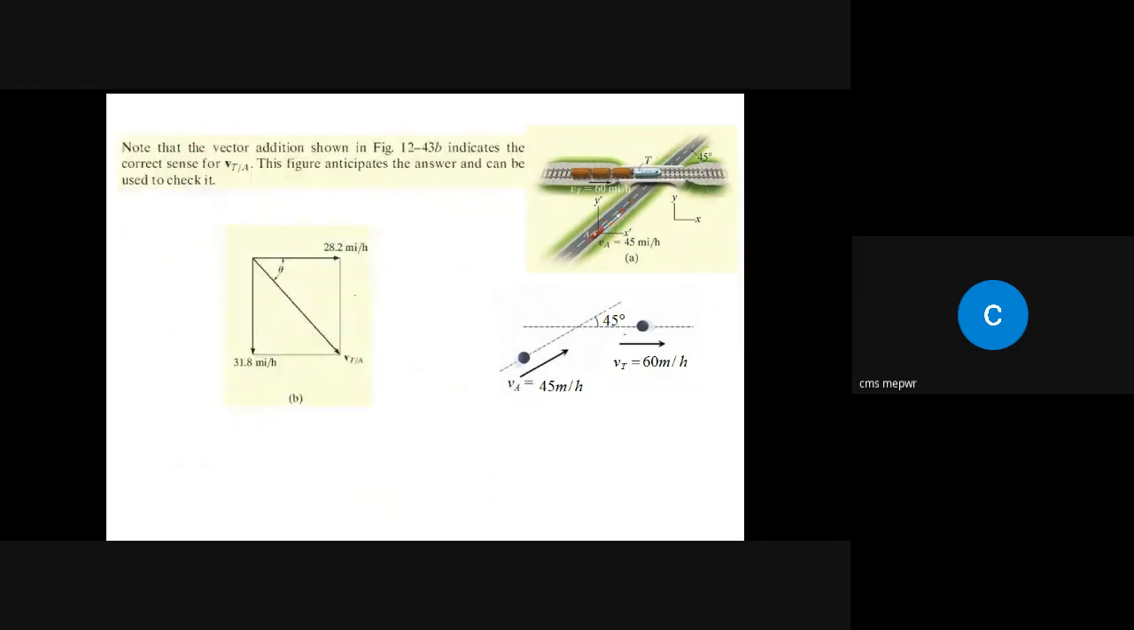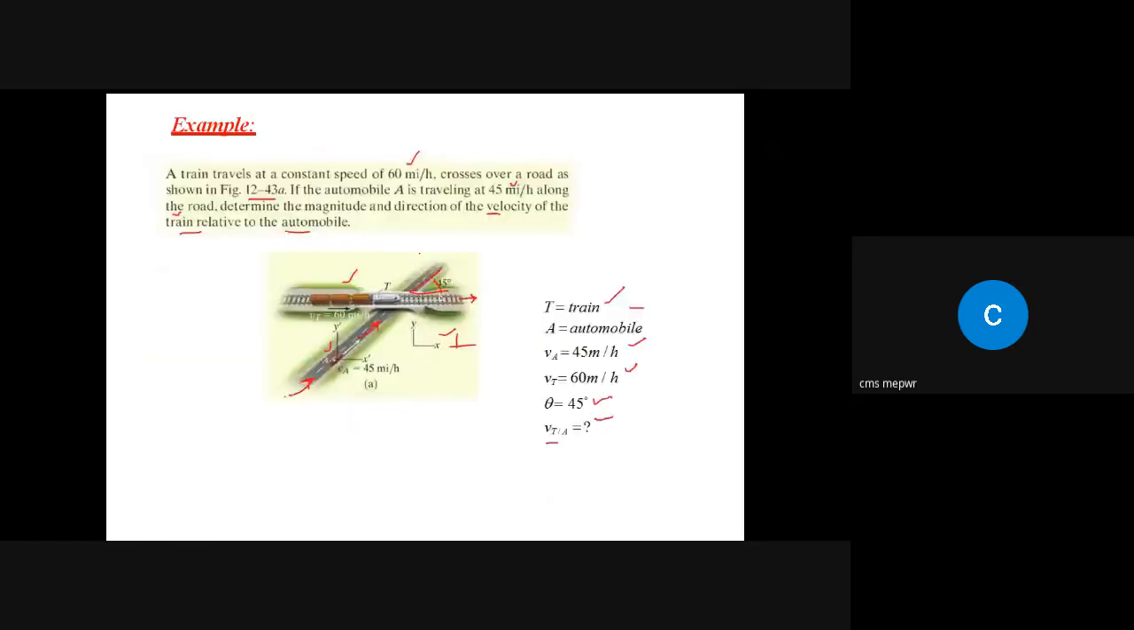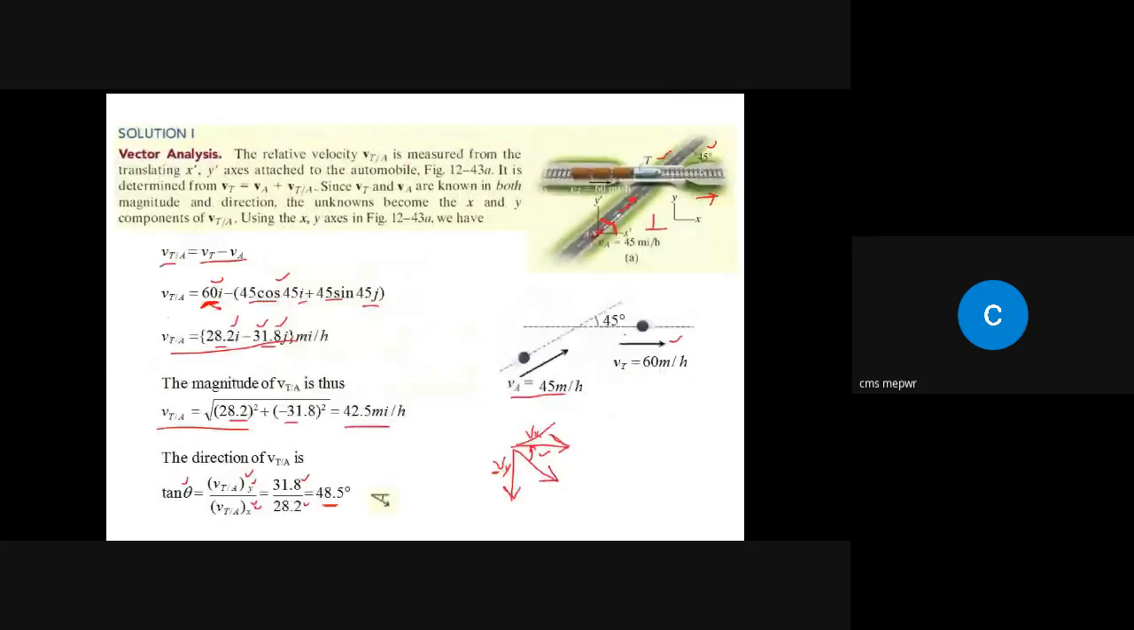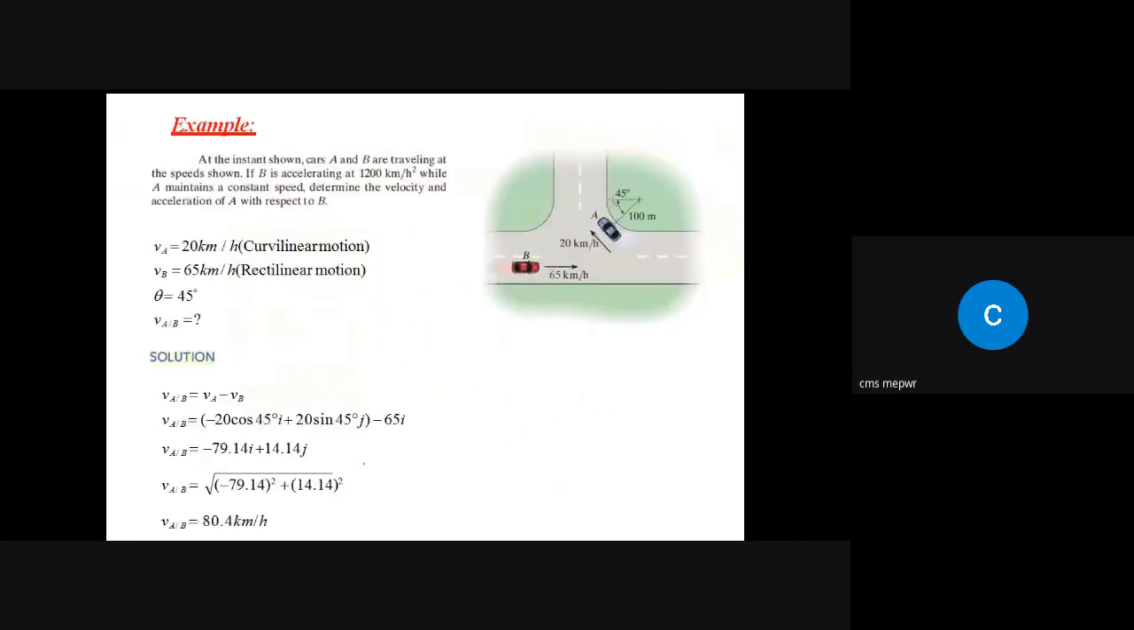Okay, and this is also shown in this diagram. So this was basically the solution that was required. We got Vt by a in vector form, we got its magnitude, and we got its direction. Now again,